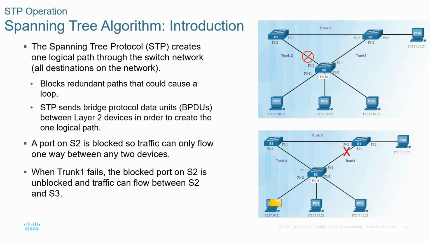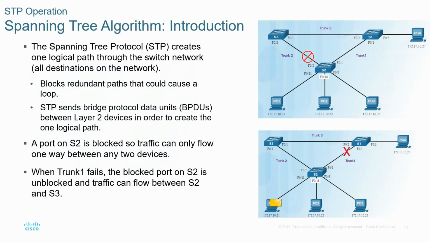Let's say, for example, PC1 wants to reach PC4. The only path will be PC1, then switch 2, then switch 1, then PC4. If PC4 wants to reach PC3, it has to use switch 1 and then switch 2. There is no option to go through switch 3 because the port between switch 3 and switch 2, which is